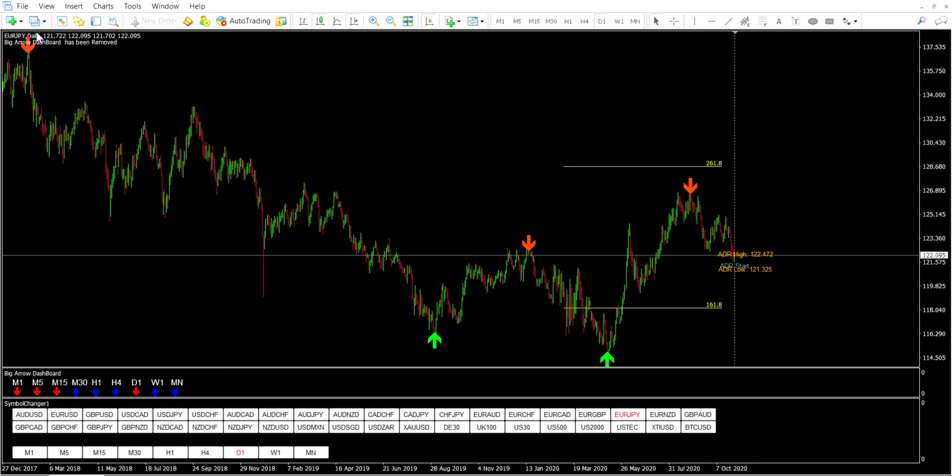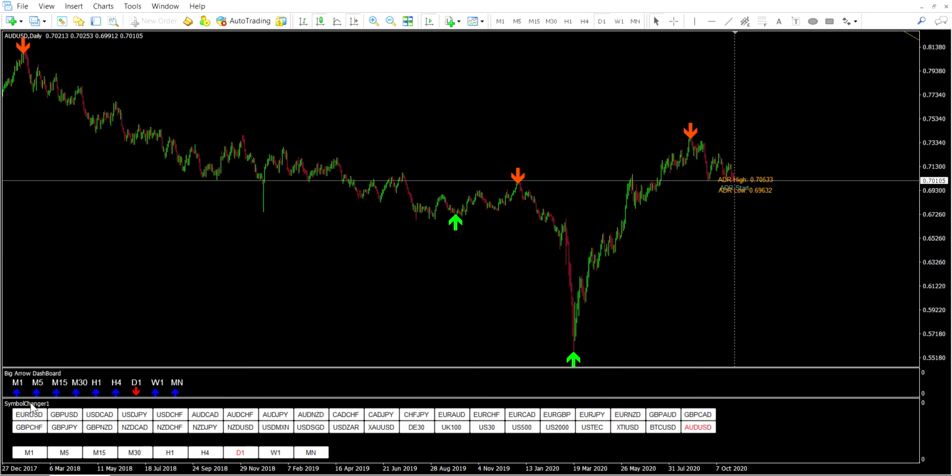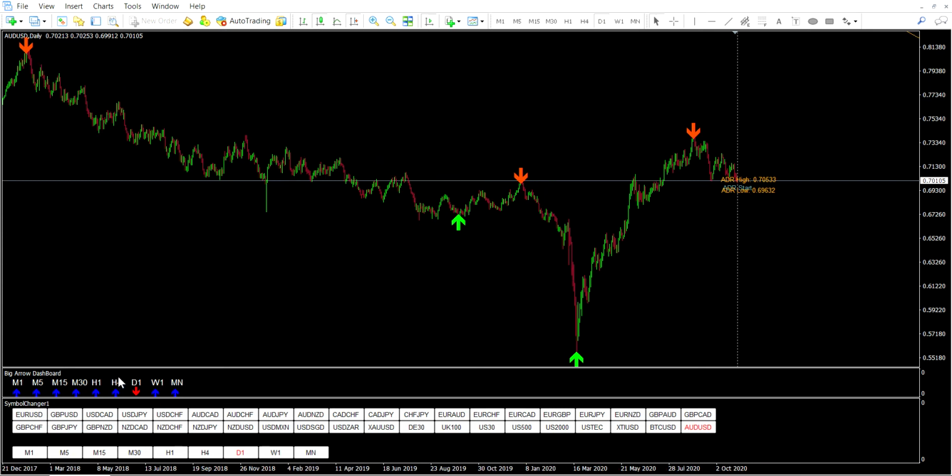So I've got my big arrows, I've got my big arrow dashboard, I've got my symbol changer, and basically all I do is go on the daily time frame. Start on my first one. I'm looking for these four here, daily, weekly and monthly, to all be showing the same arrow. So